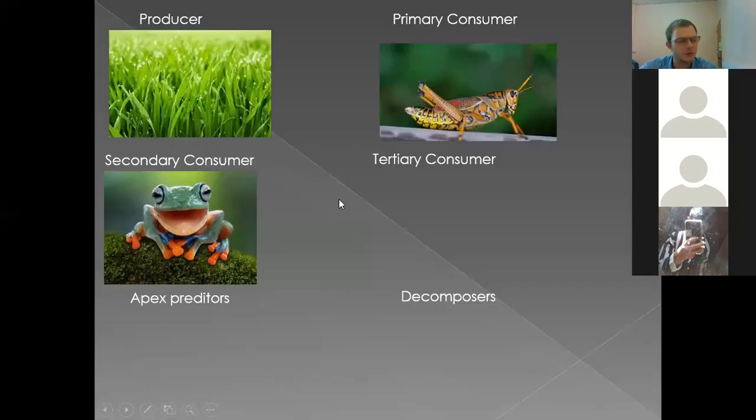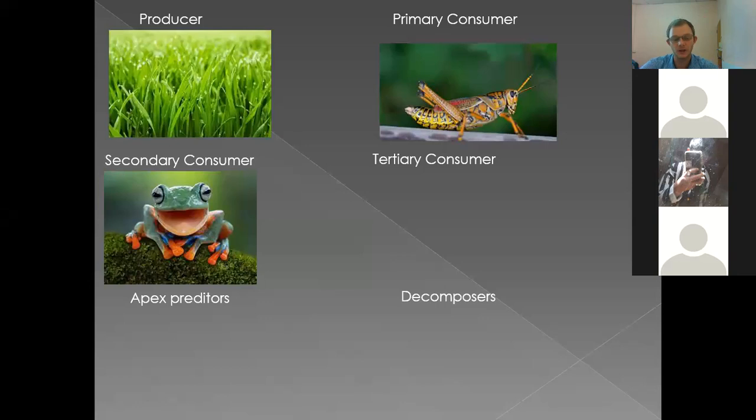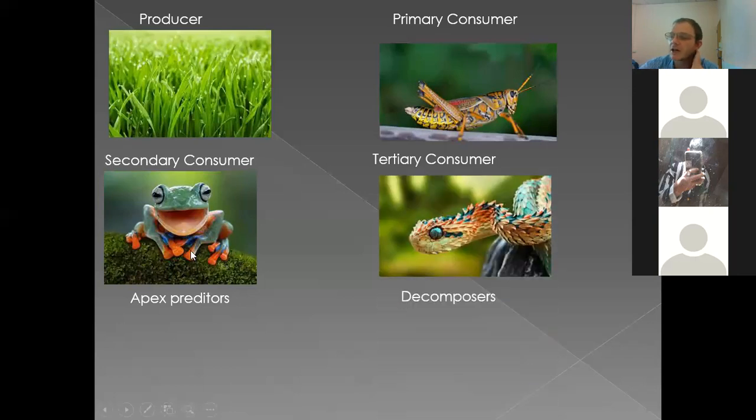Now who's going to eat the frog for the tertiary consumer? The third one. Who's going to eat the frog? Snake. Again, sorry? Snake. Yeah, on this picture we have the snake. The snake can eat the frog. There's a lot of things that might want to eat the frog. But look at this beautiful dragon snake here I found on the internet. Oh, very beautiful snake. But the snake will eat the frog. Okay, the apex predator. Who's going to eat the snake?